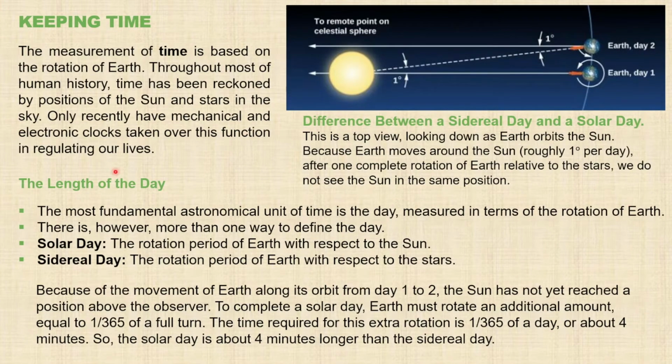To start, historically, from the ancient times, again, we have discussed this from the beginning of this course, the Sun, Moon, and stars have played a very important role in how we set our time: day, months, years, and so on. And the measurement of time is primarily based on the rotation of the Earth, because it causes the sunrise, sunset, and basically the time the sun